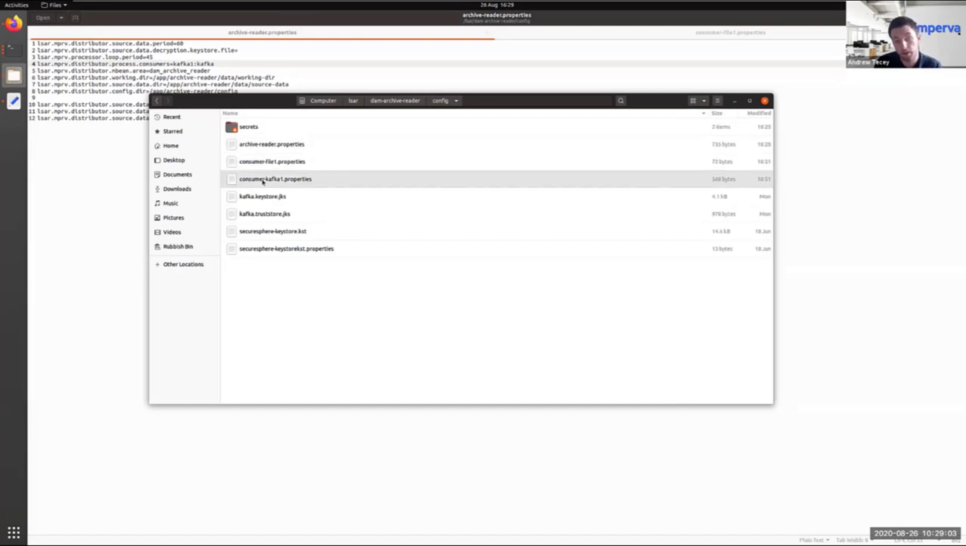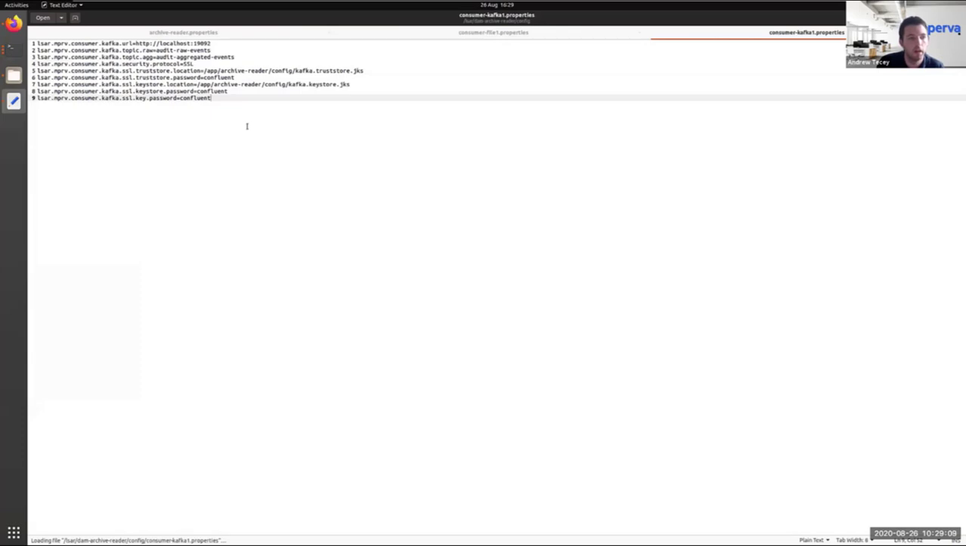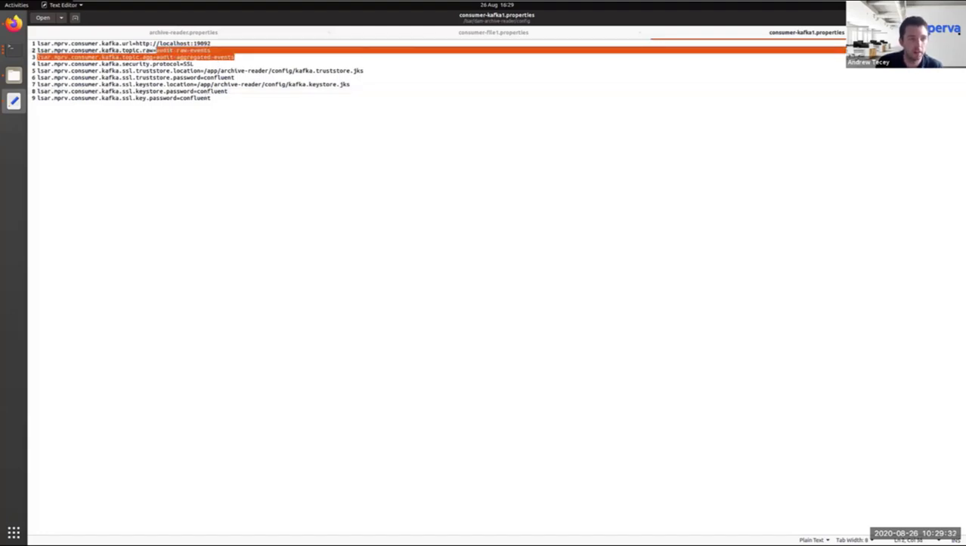I've already copied into the config directory the Kafka properties. For the purpose of the demo, the Kafka cluster is running locally. As I've said before, it's SSL enabled, and I've already copied across my Kafka trust store, key store, and the passwords for both of those. And I've also specified the name of the topics that we will be outputting to. Again, you're free to call that whatever you want, but for the purpose of the demo, it's audit raw events